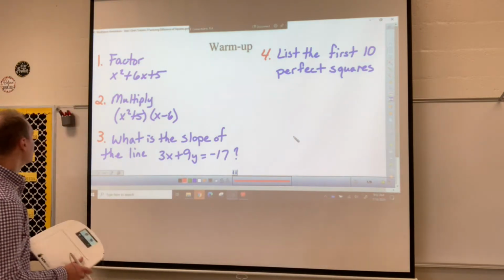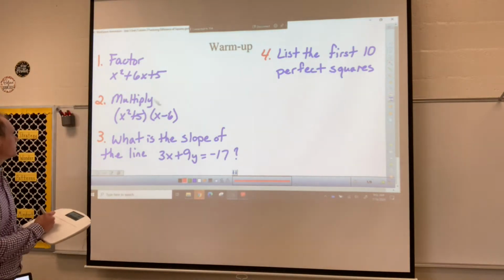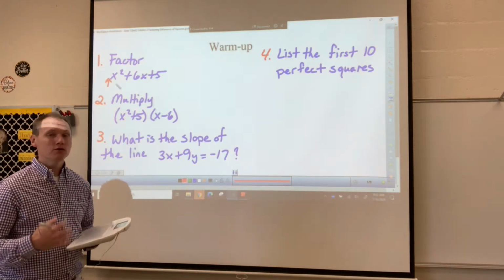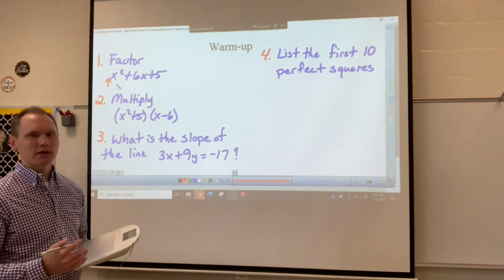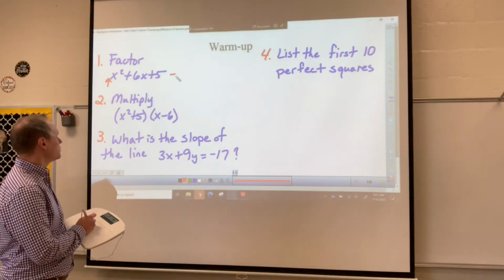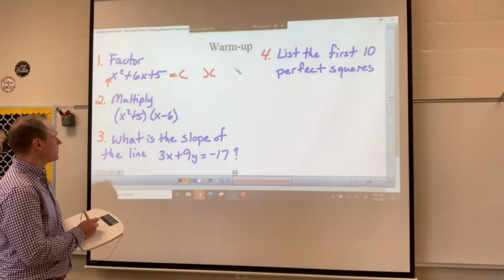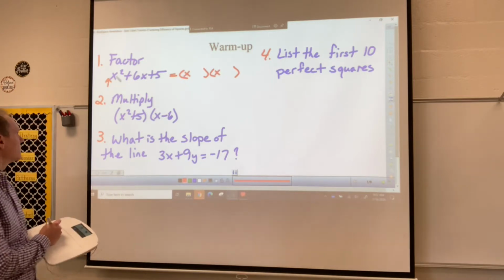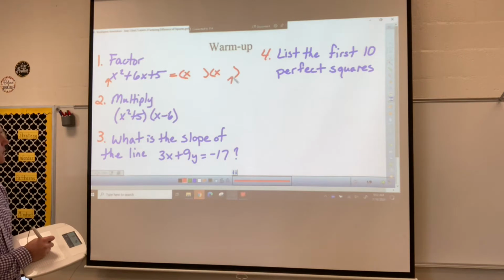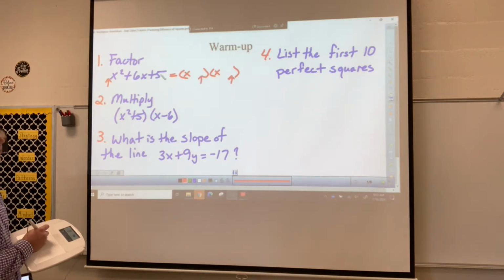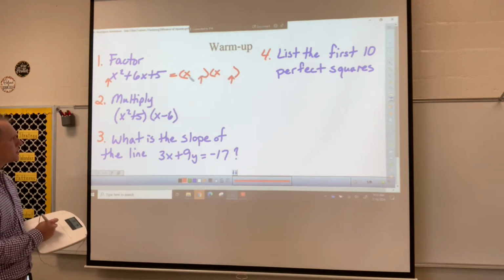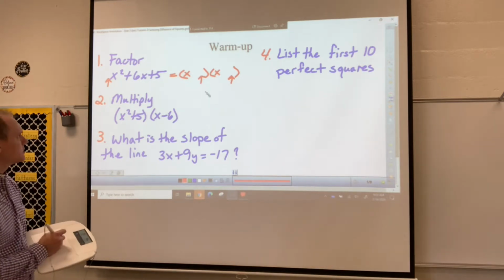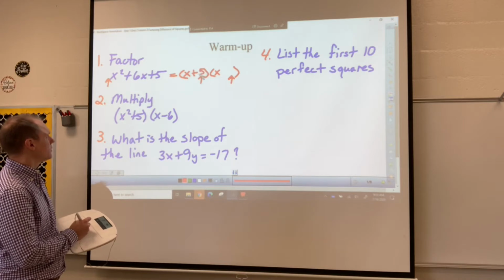All right, so in number 1, going back to our last unit, factoring with an a value that's 1, we don't need to do factoring by grouping here. You can, but it takes a lot more time. What we can do is just set up our 2 parentheses and think about the reverse distribution. X times x gives us x squared. And then we're going to think about 2 numbers that are going to have to multiply to give us 5. But then if we think about the 2 in between steps, they're going to have to add to give us 6x. So that's going to be x plus 5 and x plus